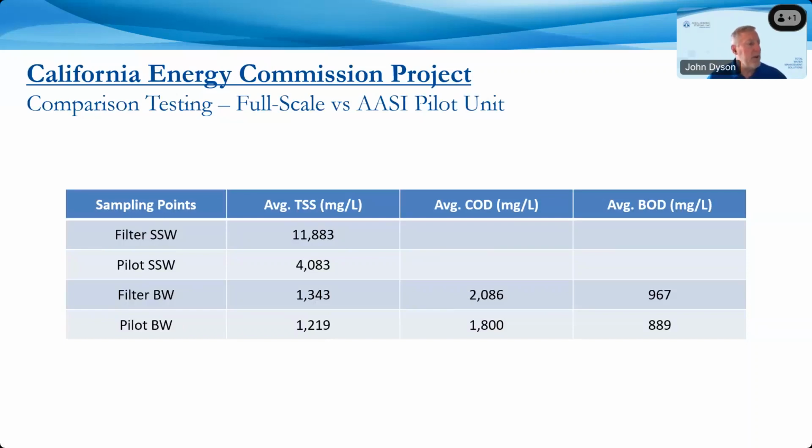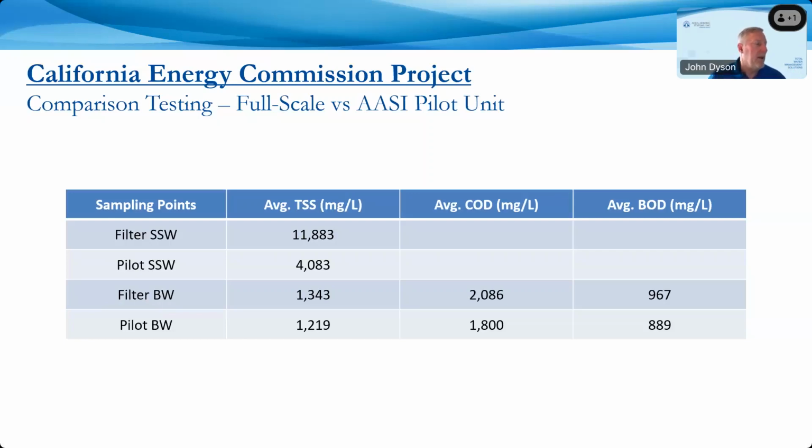But you can see here whether it's the pilot or the actual full scale filter, the TSS in the backwash was the same, and the same for COD and roughly for BOD. In terms of the actual solids removed from the settled blowdown, now because the pilot has a much shorter hopper,